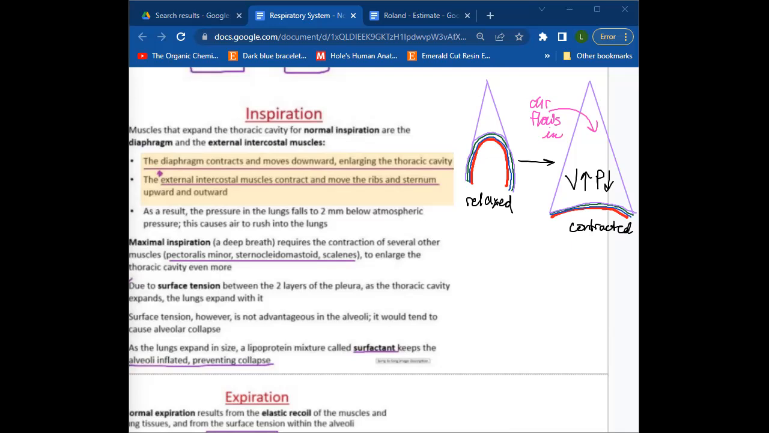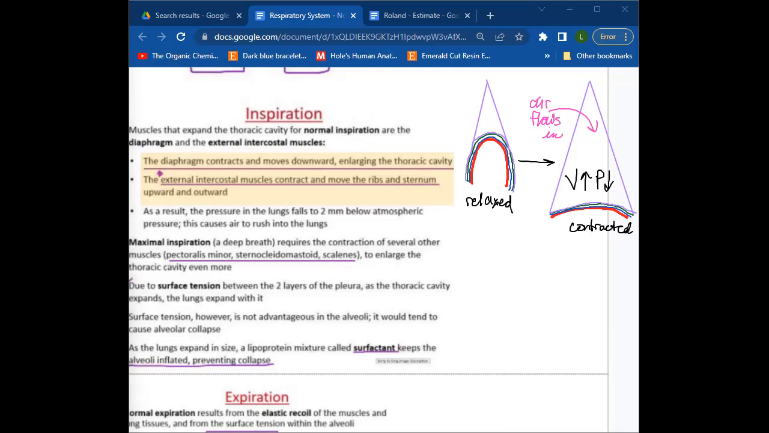Okay, that's right. That's how air flows in. And then the external intercostals, those are just going to help assist. Those are going to pull the ribs up and out. And then by pulling the ribs up and out,